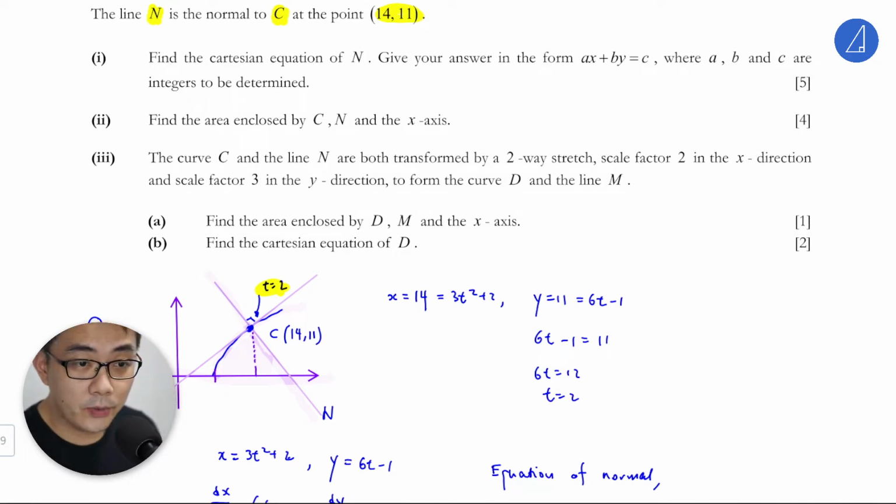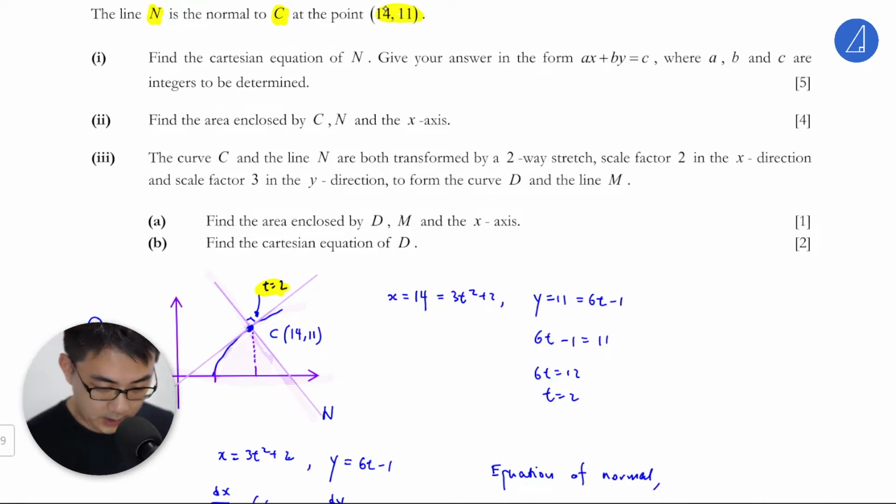So let's look at part 3a. The curve C and the line N are both transformed by a two-way stretch, scale factor of 2 in the x direction and scale factor of 3 in the y direction. So the x direction and the y direction for C and N. Alright, so meaning to say